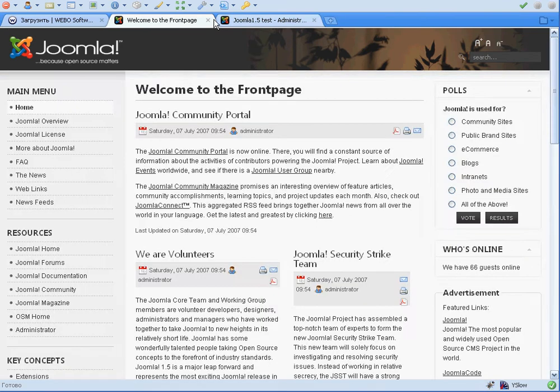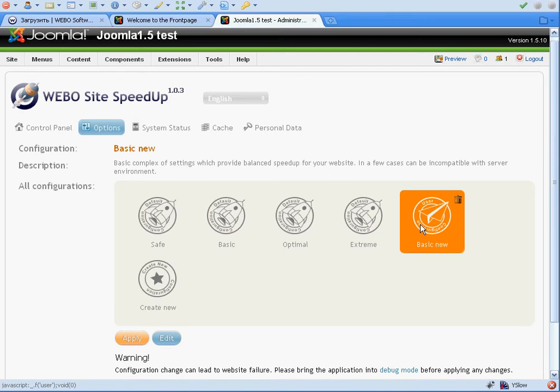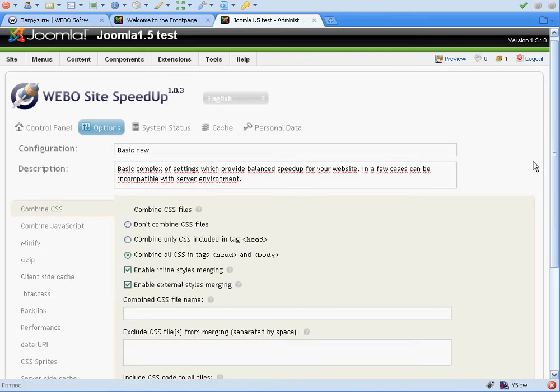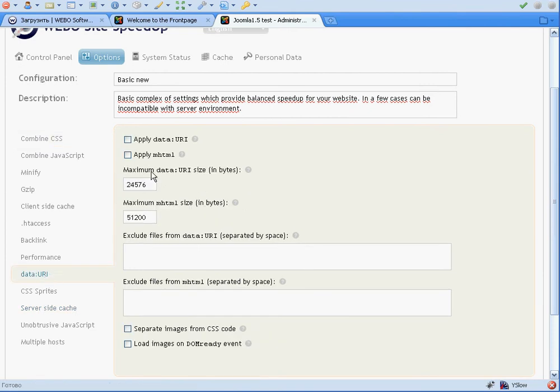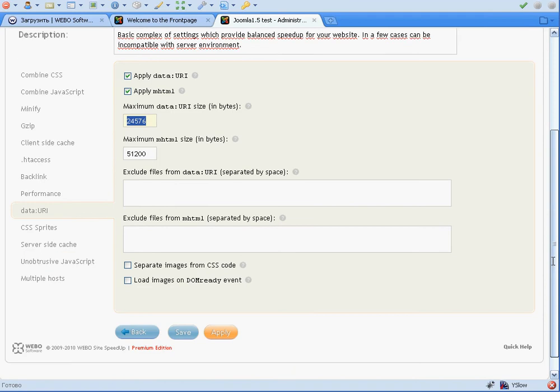Okay, let's go to WEBO Site SpeedUp and to our active configuration and see what we can do here. We are going into options, to the data URI tab, and just check two options. The mhtml option is required for Internet Explorer 7 and earlier browsers to display all merged images in base 64 encoding correctly. So we're just applying